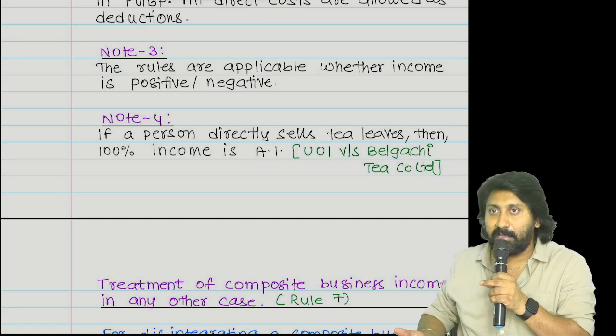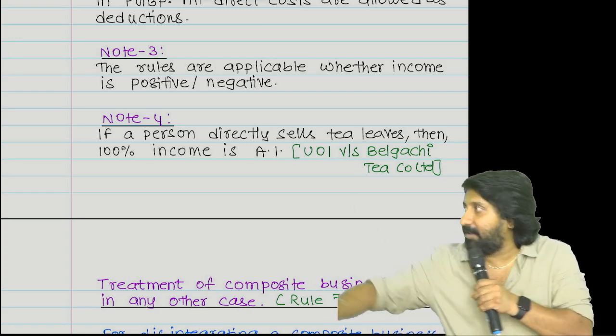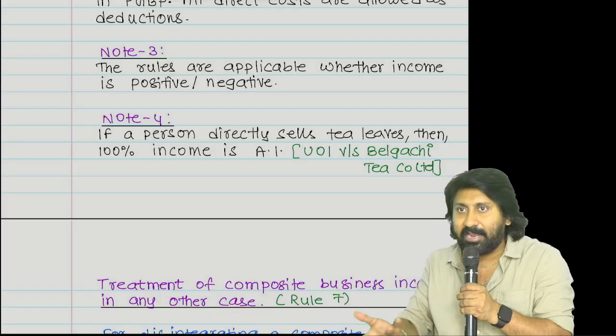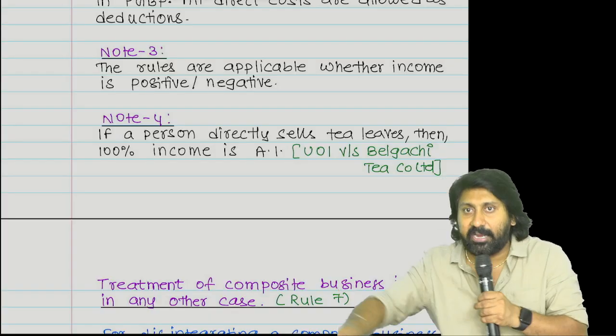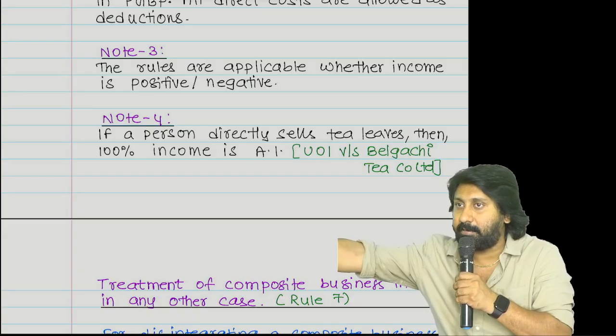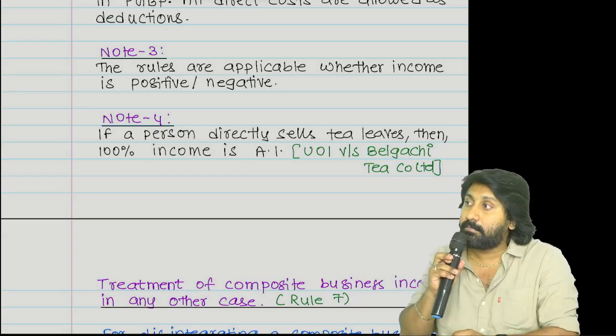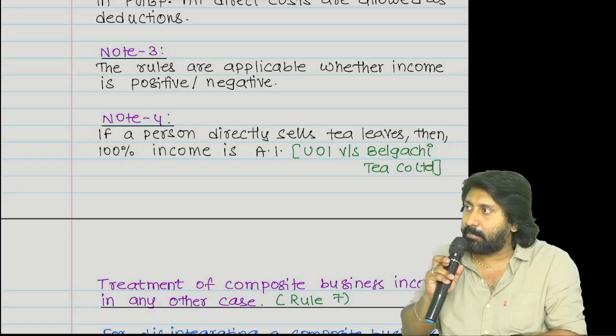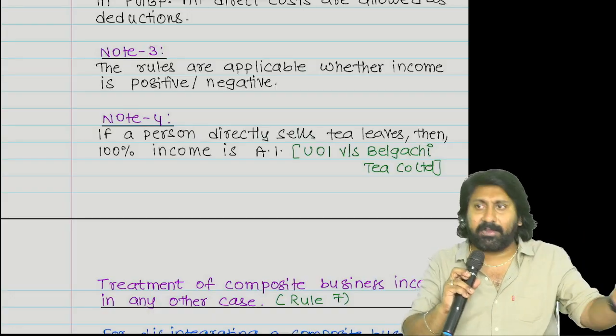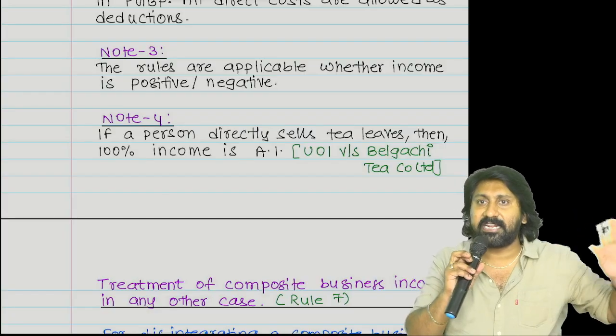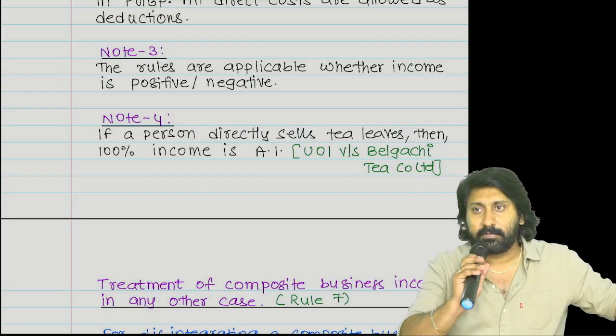The answer, yeah? I cut tea leaf and sold. Where commercial element is involved? Direct agricultural commodity is going into the hands of a person. Now that will become how much agriculture income? 100% agriculture. Direct plant to plant I am selling to you. It's like selling paddy. Listening everyone?